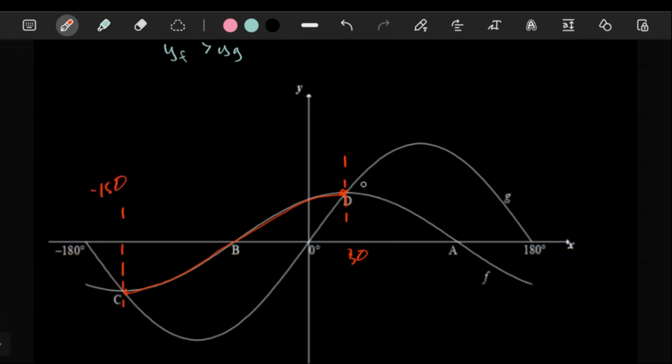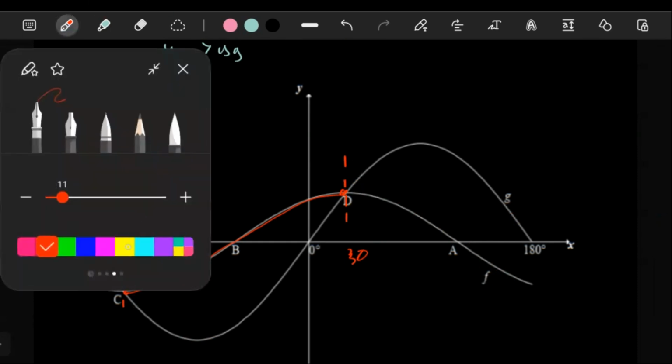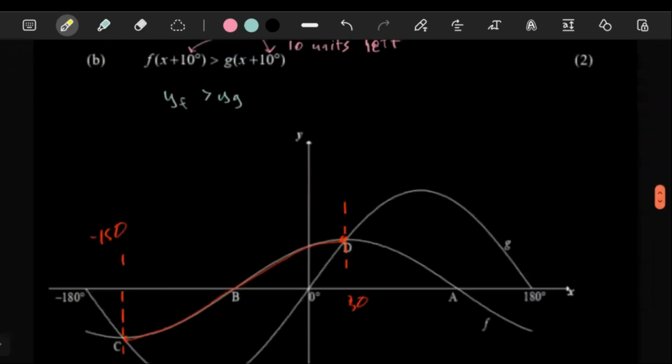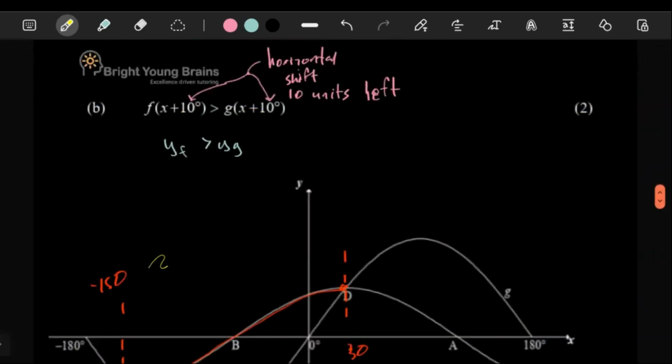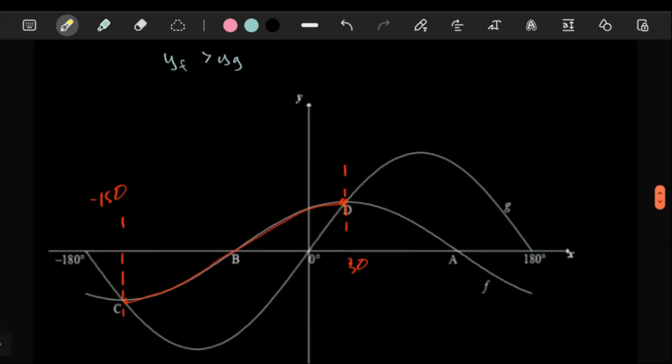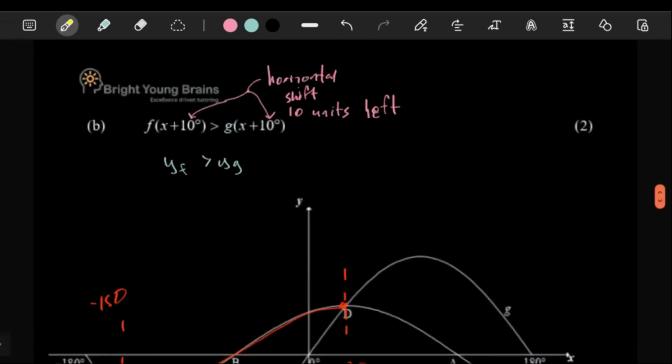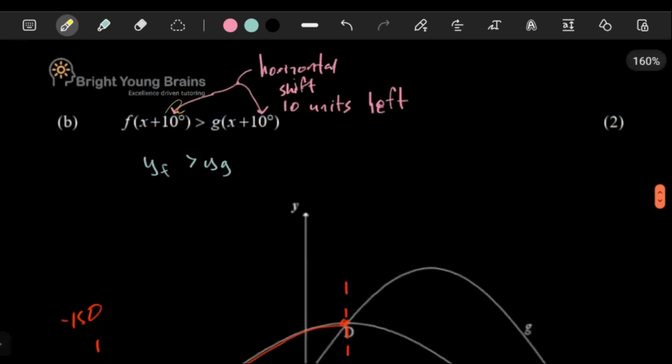So because they are both moved to the left, it means that f of x, originally it's above from negative 150 to 30, but because they are both moved to the left,